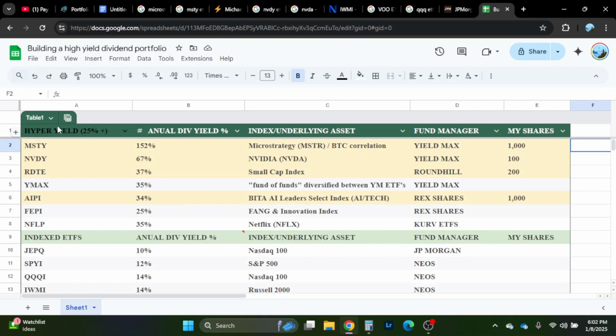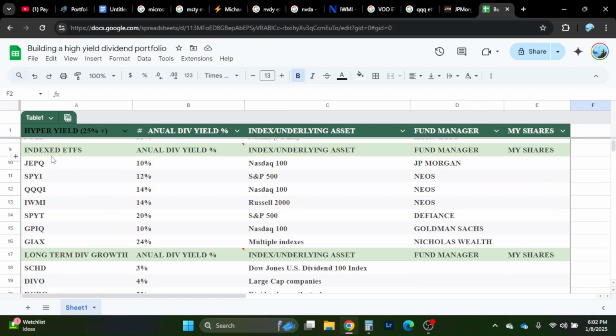So here you can see I have hyper yield, anything that's producing 25% or more dividend yield. Right here, I have indexed ETFs, right, which is what we talked about before. So you have JEPQ with the NASDAQ, you have SPY with the S&P, so on and so forth, right? So you have plenty of different options to choose from, and these right here are amazing to start off with